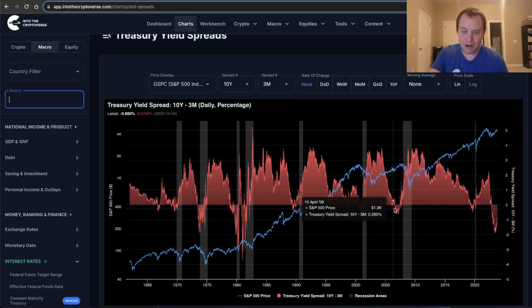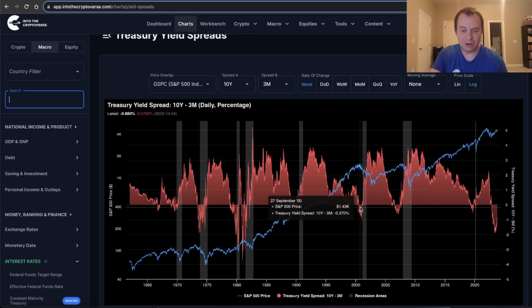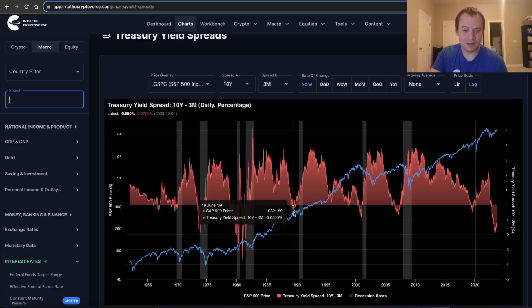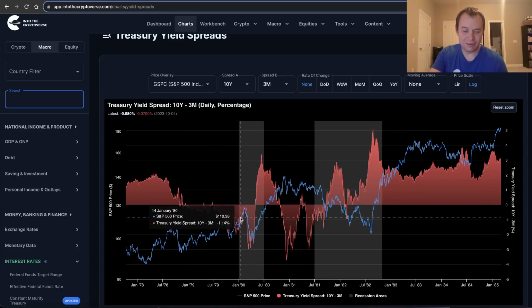If you go back to the prior business cycle, we had an inversion. Upon the uninversion, we had a recession. The cycle before that, we had an inversion. Upon the uninversion, we had a recession. Same thing in 1990, right? We had an inversion in '89 and then a recession in 1990. And then if you go back to the 80s, you can see we had inversions and recessions. Back over here in the 80s, the recessions occurred before the uninversion of the yield curve.